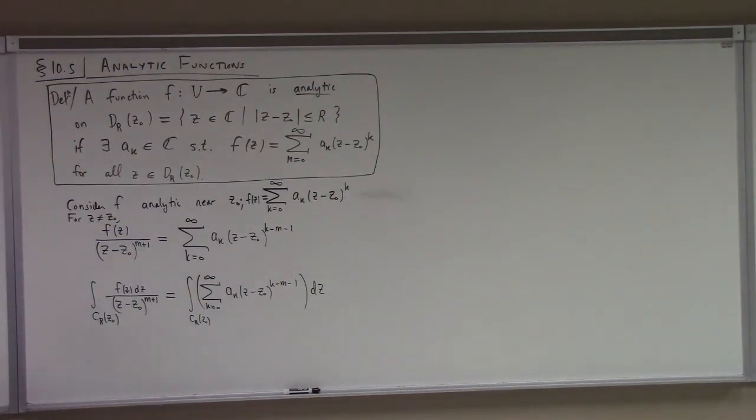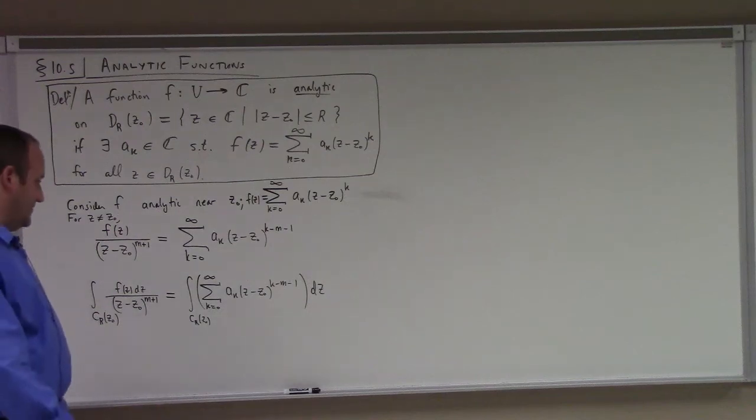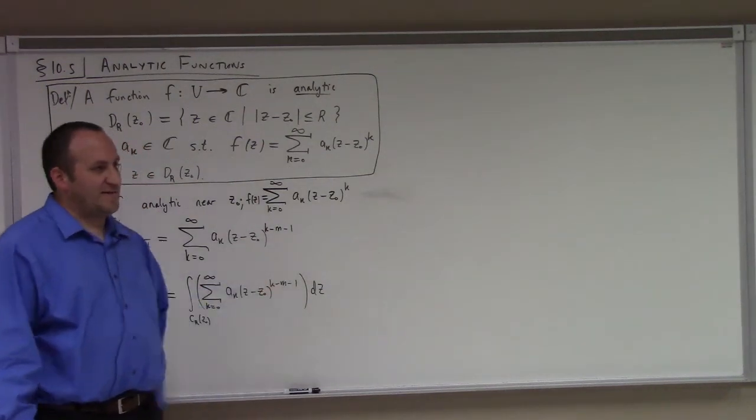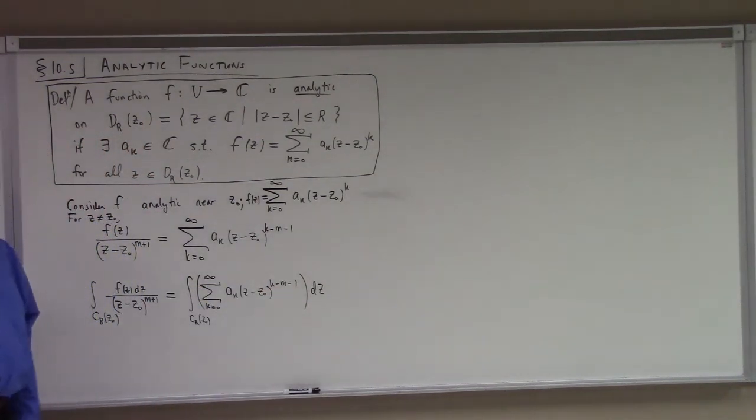Well, let's just be careless early 19th century mathematicians and throw caution to the wind and commute the series and the integration as if we don't even have to think about it. Let's just flip them around. Ignore the fact that these are reciprocal powers. It's not even a series. It's a sum of reciprocal powers of z minus z naught, right? If k is less than m minus 1,